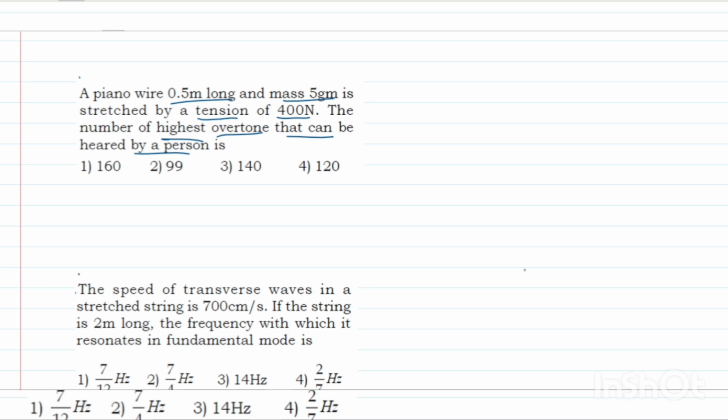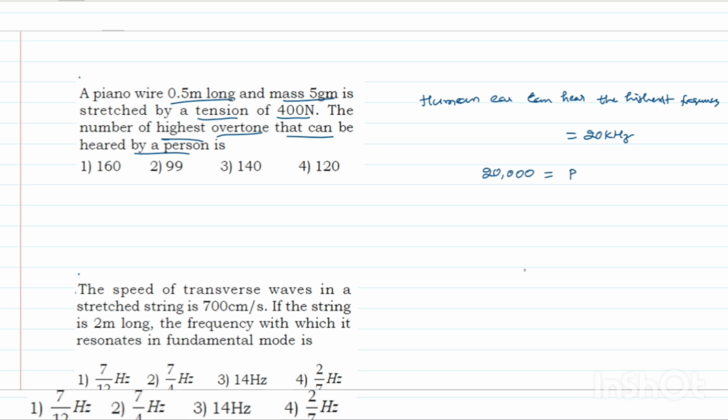So here, the human ear can hear the highest frequencies of 20 kilohertz, students. This is the audible range of the human being. And here for 20,000 hertz,